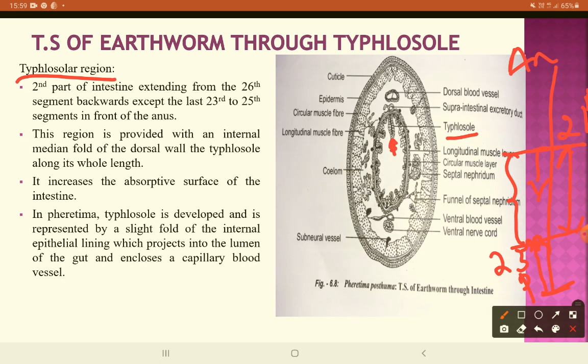the intestine. And in the peritoneum, this typhlosole is developed and is represented by a slight fold of the internal epithelial lining which projects into the lumen of the gut and encloses a capillary blood vessel. So if you are given this slide, you will identify it as the slide showing TS of earthworm through typhlosole, and you will mention these segments, which are very important. They are segment specific, and you will